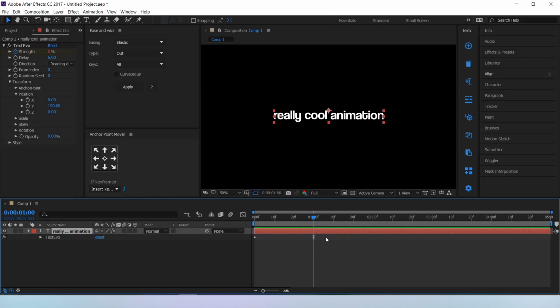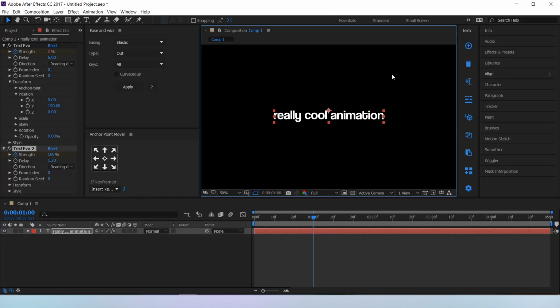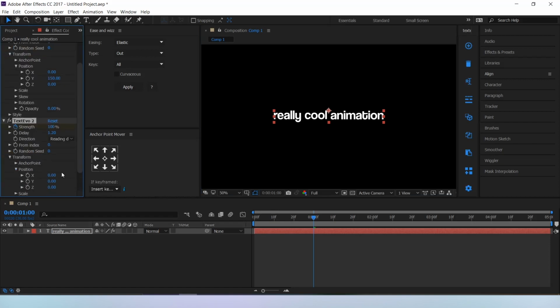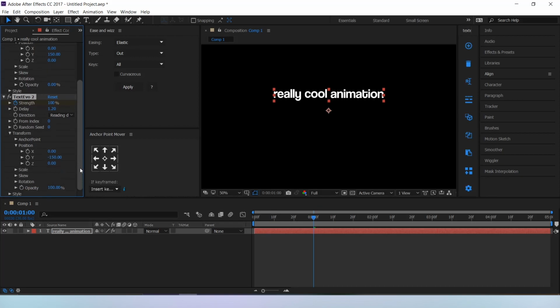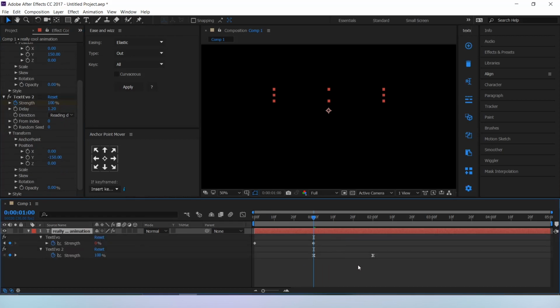So after this we want our text to go to the top again in the same manner, so I'm gonna add another text viewer effect to it. So select our text layer, click on the plus icon, which will add the text viewer 2 effect to our text layer. Then in the transform properties, go into the position and set the Y position to -150. Because earlier I had used 150, so I'm gonna use -150 here. Then change the opacity to 0.